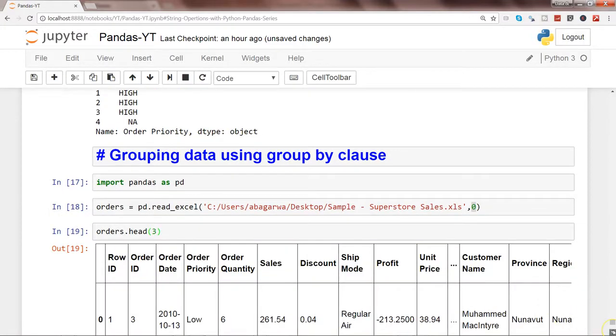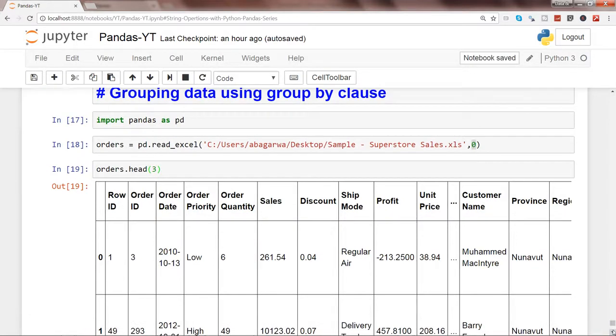So to do the group by, or first of all, why do we group by? Group by is really helpful in seeing things in context. For example, let's say we want to understand by order priority the sales under high priority: what is the sales amount, or the average sales amount, or the maximum or the minimum sale.